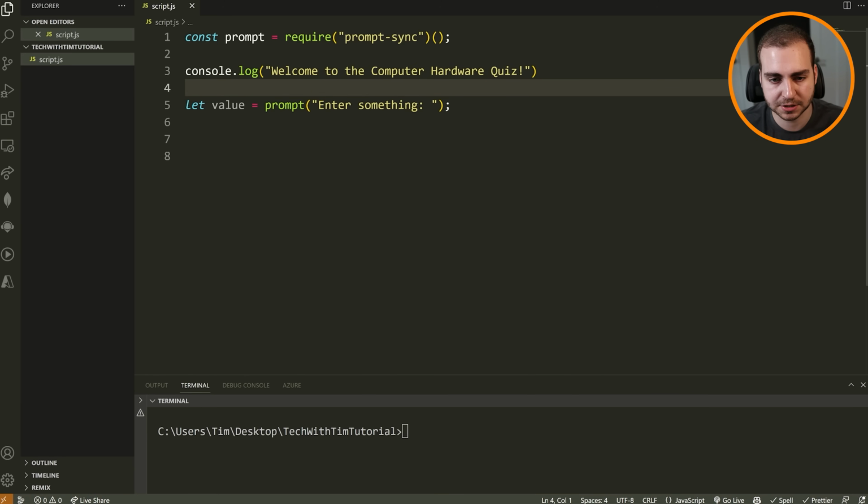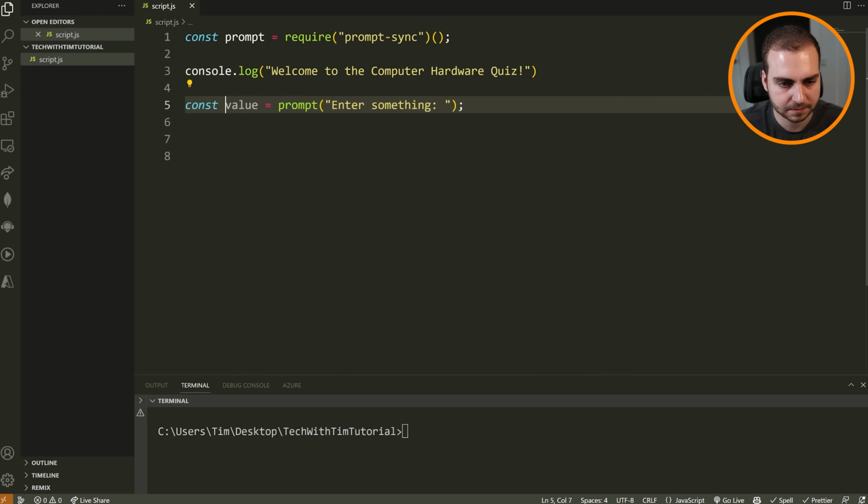So now the program is going to start. It's going to print this message to the user. And the first thing I think I want to ask the user is if they'd like to maybe play the quiz, or maybe we'll just go right into question 1. In fact, we can just do question 1. So what I'm going to do here is I'm going to say const, and I'm going to say answer1,